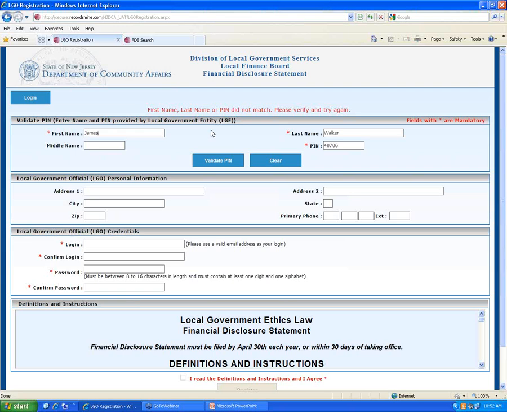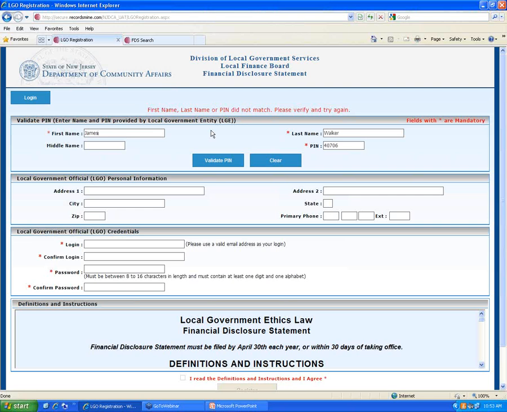If I put in James Walker in Edison Township and South Brunswick happens to put Jim Walker in, when I go to register my PIN number for South Brunswick, I have to put the first name in exactly how it was on the roster in South Brunswick. There I'm going to put Jim, and I'm going to associate. It will let you do that. I'm just saying, for continuity, it's always better to use the exact legal name. It just makes it a lot easier, so there is no confusion.